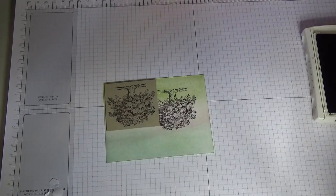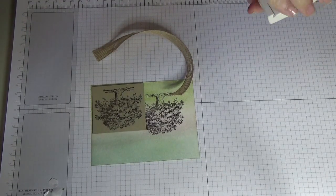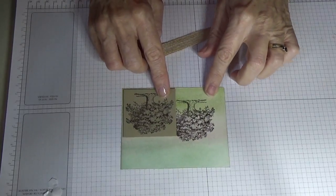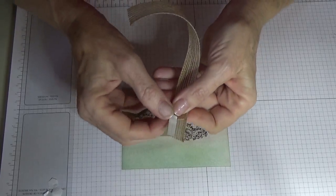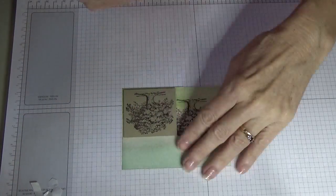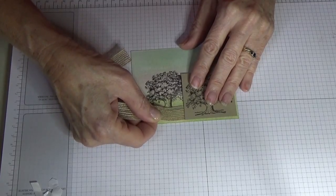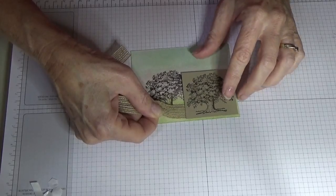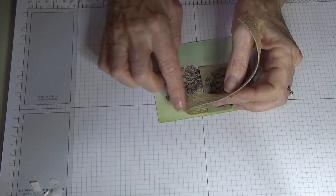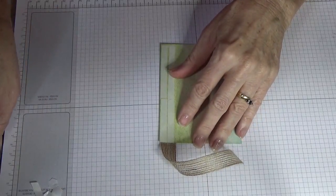Okay, so with the burlap ribbon, I've cut a piece that's going to go, I'll just close my chocolate chip ink pad so I don't get ink on myself. So then I'm just going to add the burlap ribbon on this side. Now I have gone ahead and put a little bit of tear and tape just on one end, a very little bit on that end. And then what I do is I just push it underneath this square piece, and you'll see that I don't have tear and tape under here. I just wrap it round,